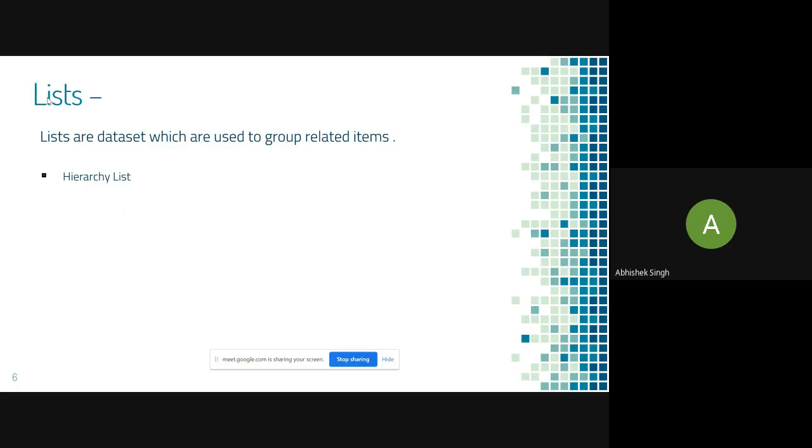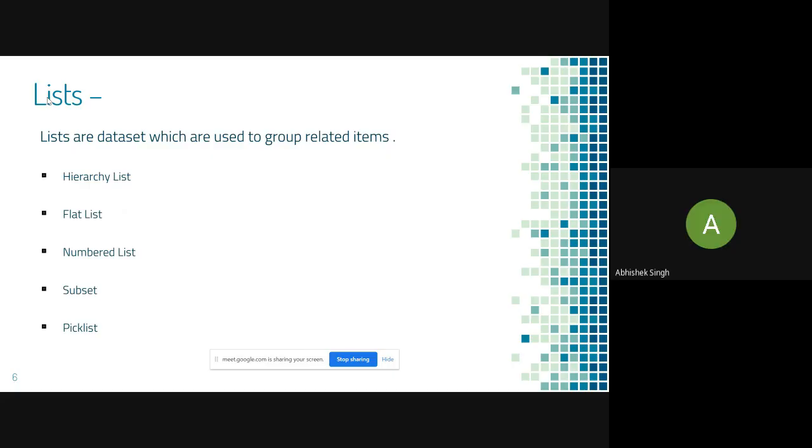So we have a hierarchy list, another list, flat list, numbered list, subset, pick list. So what are all these lists? Different lists have a specifically different purpose, and in our session, we'll discuss these lists one by one, and then we will see practically in the tool how they have to be created, because these different types of lists serve different purposes of accommodating this data. So we are going to understand everything at a much more granular level.